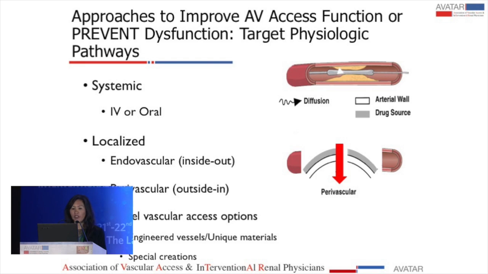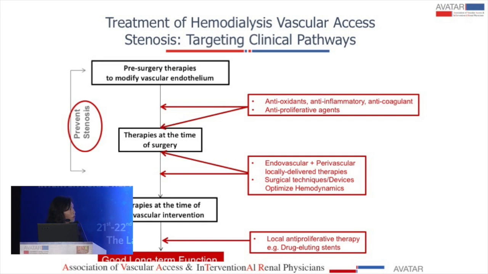Or we can have perivascular interventions going from the outside at the adventitia to the intima, perivascular procedures, and then novel access options. So putting it all together, we have our clinical pathway, we have our intervention, so we can, before surgery, have